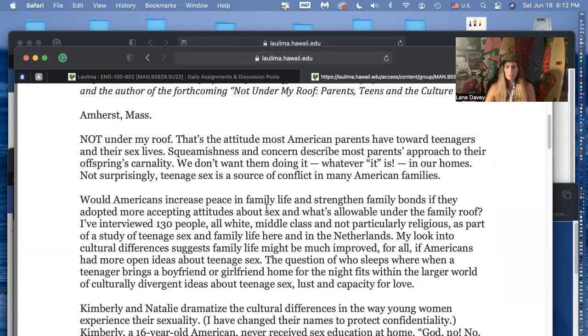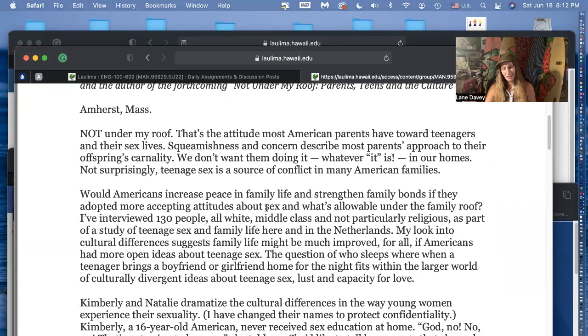Some of you thought the sample size was adequate. I would say 130 people, all white, middle class, does not a scientific argument make, not particularly religious, because most of these views on sex would be from religious people.